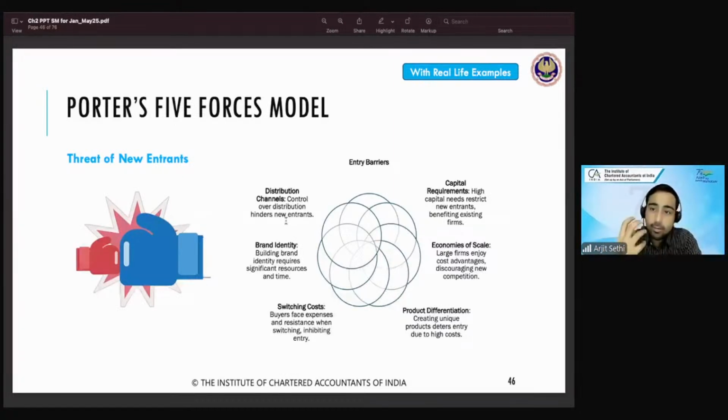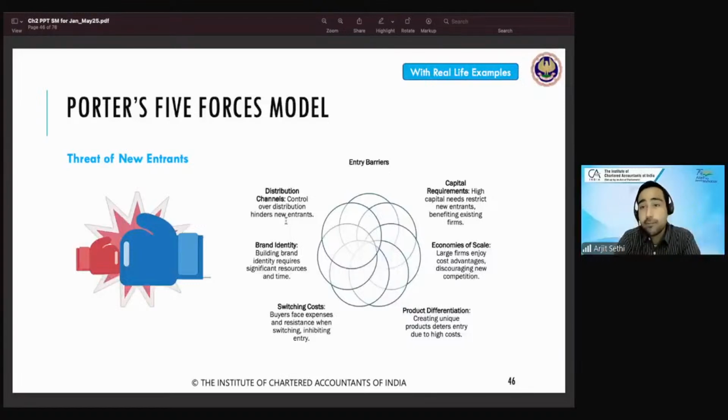Maggie, Nest, Yippee, Patanjali noodles, all of these are working on scale. इतना बड़ा scale है that the per unit cost is so low that they can charge a very low price to the customer as well and keep new people away from the industry. Like आप नहीं आ सकते because हम तो 12-14 रुपए पे बेच रहे हैं. The new people will figure out the cost for me to make is bloody 30 rupees. 14 rupees I can't even sell. Right? So that's how you create entry barriers.